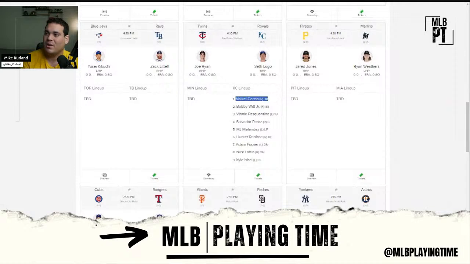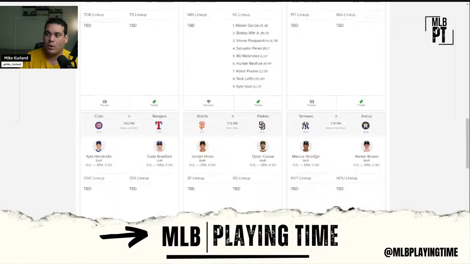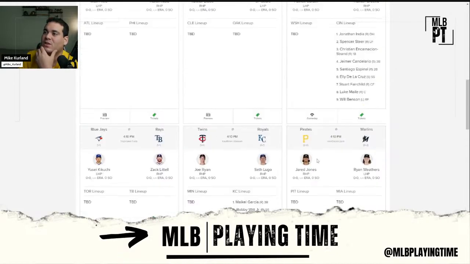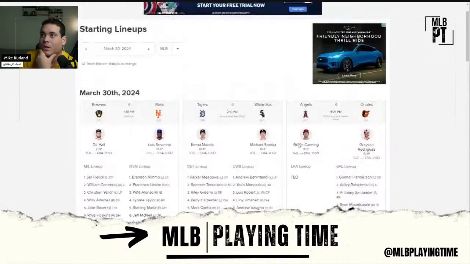Oh, look, Michael Garcia leading off again. And see, this is what I was talking about with I don't know how long his leash is. Nick Loftin's at DH over Velasquez. It's a tough righty, but game two, maybe they just want to get Nick Loftin in. This could be as simple as getting Nick Loftin in there because he broke camp with the team. Massey's due back soon. It could be as simple as that. Or there is something to the whole, we don't know the leash of Velasquez yet. So yeah, a couple things.